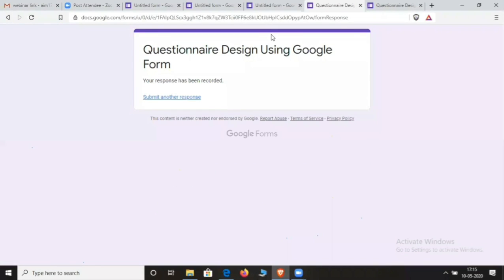After clicking on the submit button, you will get